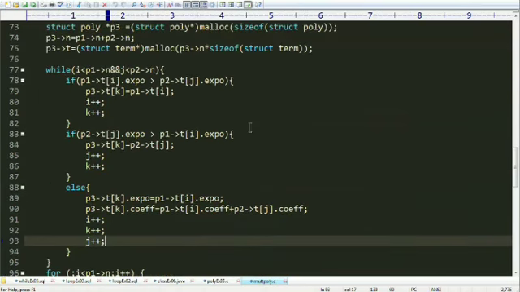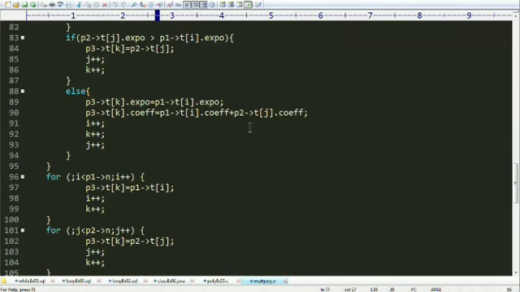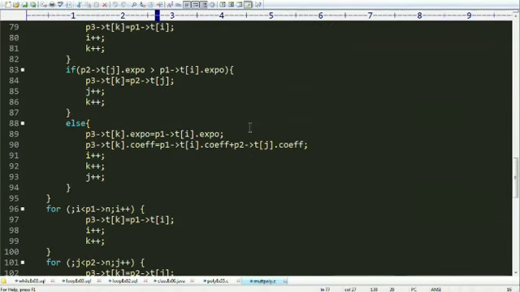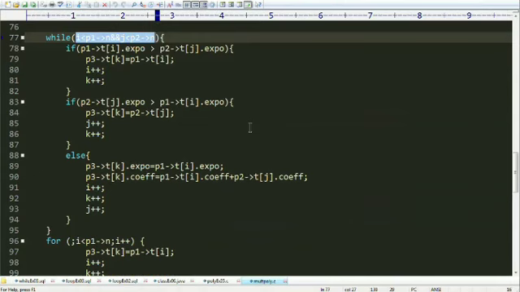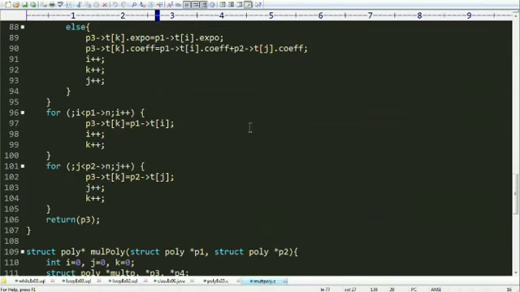This loop will be executed as long as this condition is true. When this condition is false, it will go out of this while loop and come to this. If there are some terms which are present in polynomial 1 or polynomial 2, I am just copying those terms.